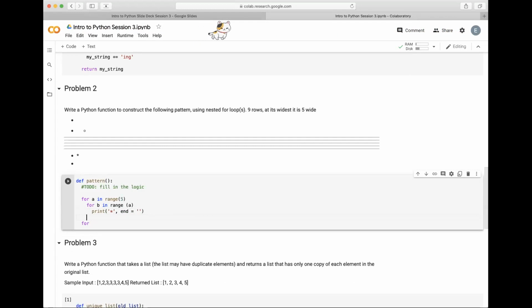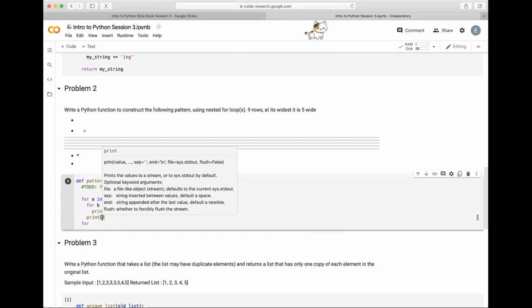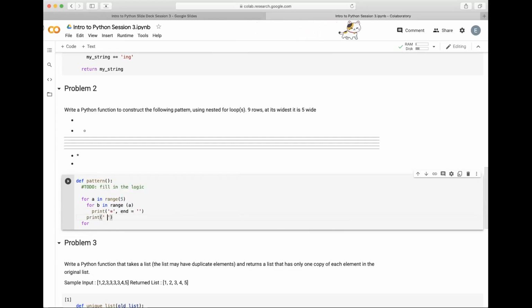And then after that, we do need a new line in order to go into the next row, which you could just do by doing print and then a space. Because the default end puts it to the next line, that can just create your new line. So we can test that to see if that prints the first part of the triangle